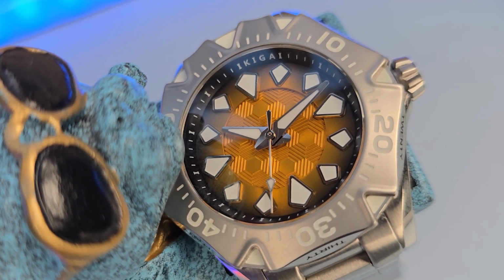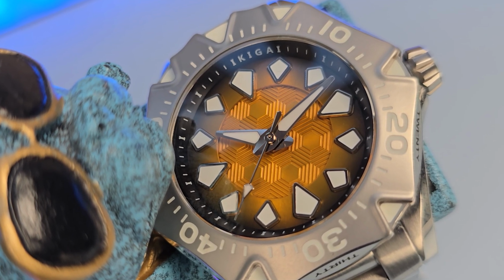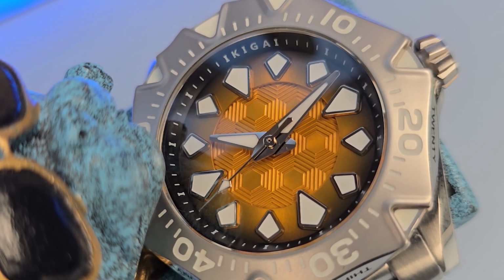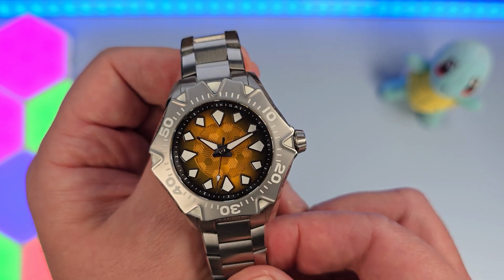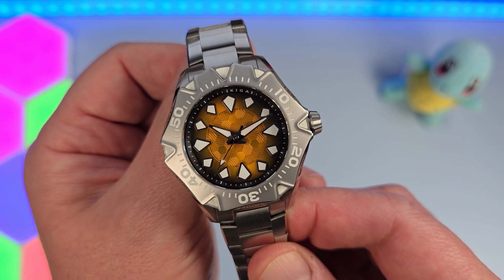Now, interestingly, that brand name spans across the first 5 minutes, from the 12 to the 5, with the first letter I at the 12 and the final letter I at the 5, and the letter I adorns every single 5 minutes thereafter. Now, it's a little detail like that, for me, that I think really adds fantastic quirky depth